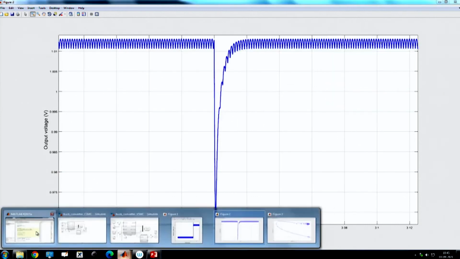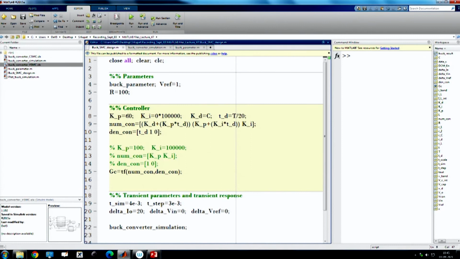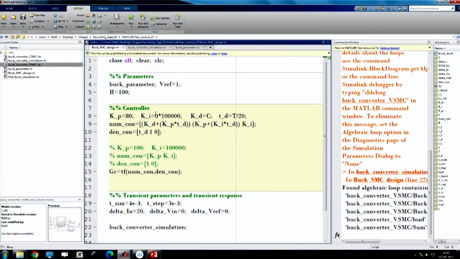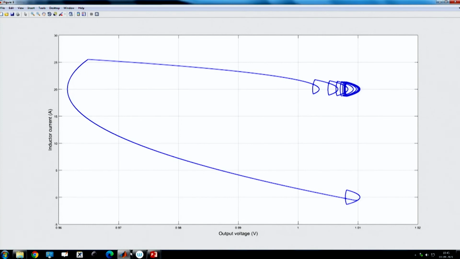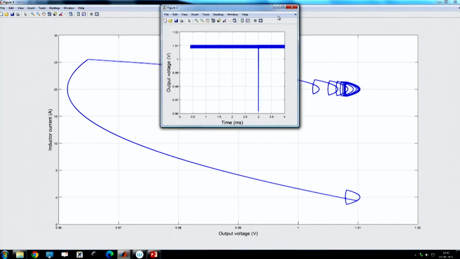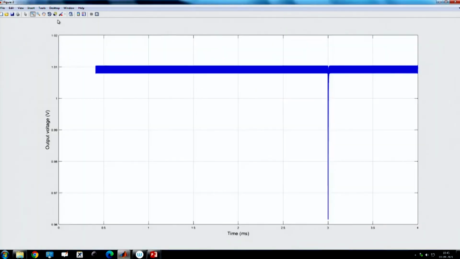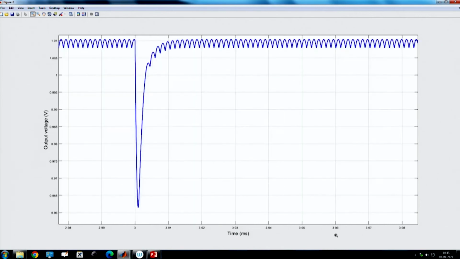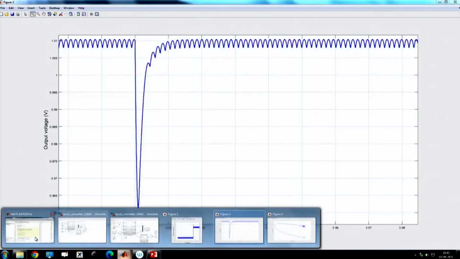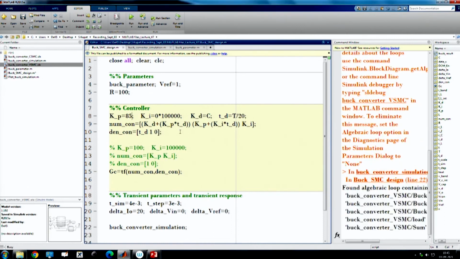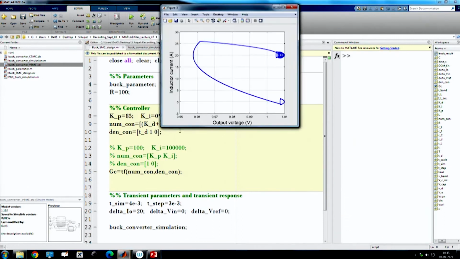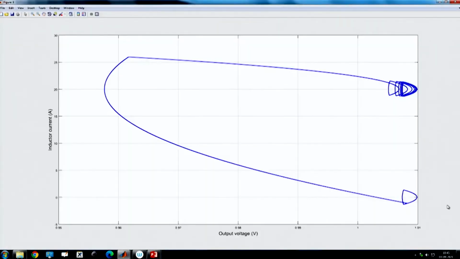So, first let us see what should be our Kp. So, if I set Kp to be 80 for example, then we will see that we are getting near to the optimality condition, but still it is not exactly coming to the optimal. That means, it is still slightly over damped. So, we can further increase the gain to let us say 85,